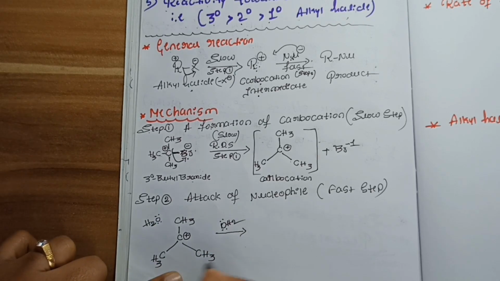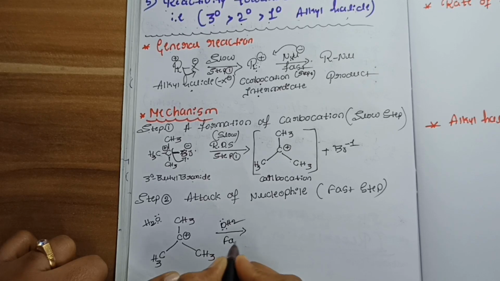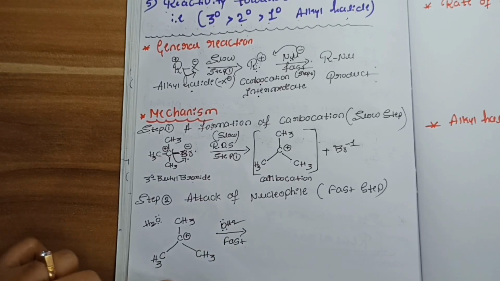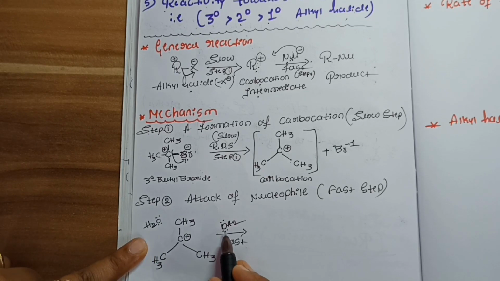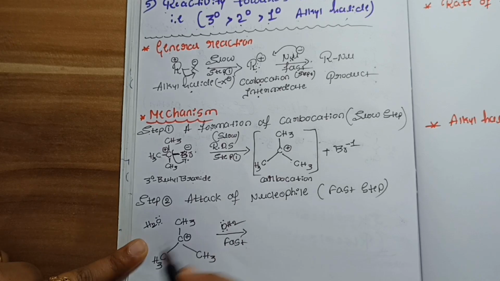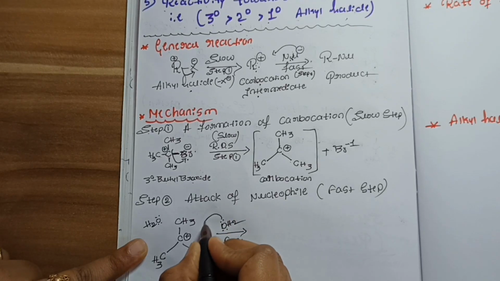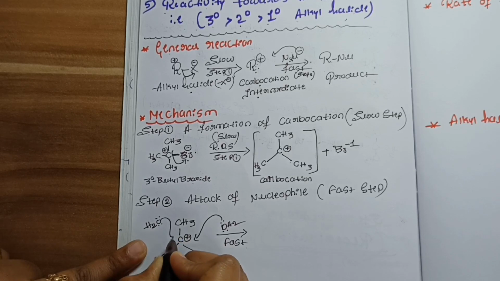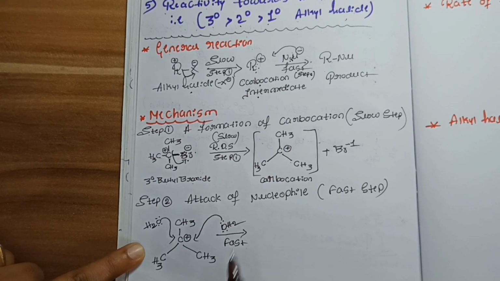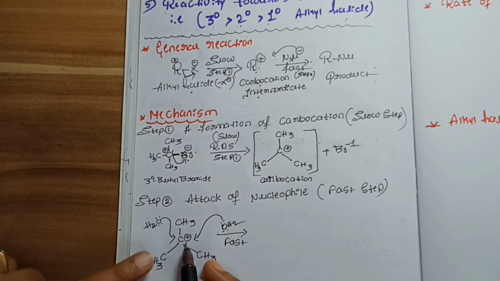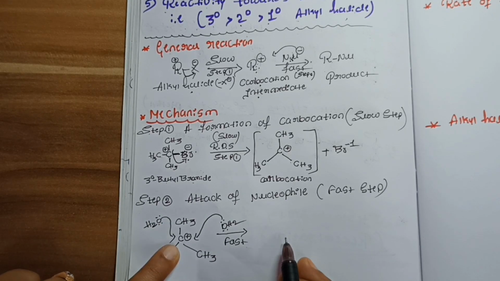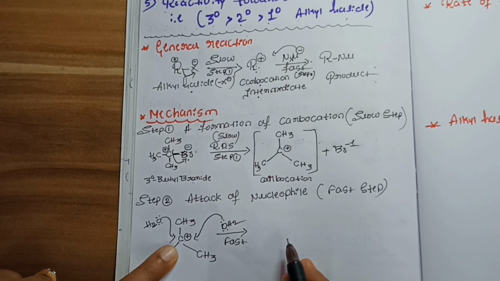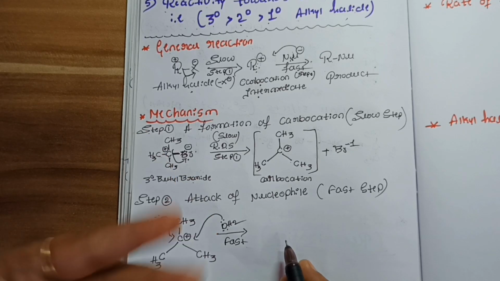Now here this step is the second step, and this step is what we call the first step. One point we need to remember is that the attack of nucleophile takes place in the SN1 reaction on both sides, meaning the nucleophile attacks the front side as well as the back side. If a nucleophile attacks from the front side, we will get one product, and if it attacks from the back side, we will get one more product. Means in the SN1 reaction we will get two products.